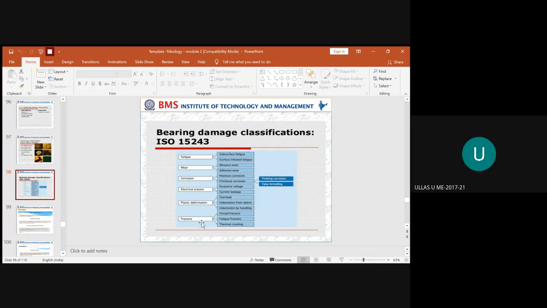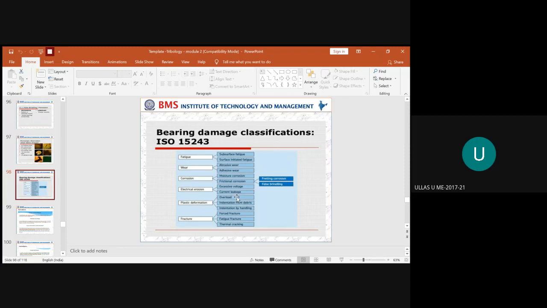And suppose the given bearing has been fractured. Why is it fractured? Is it due to a forced type of fracture, or fatigue, or thermal cracking? If you are using the material at a very high temperature, and that material is not capable of withstanding the temperature in which annealing or any type of temperature treatment is carried out, then it results in thermal cracking. So you should be very keen on why this type of damage is being caused, for what reason, and do a proper analysis on it, identify and provide a solution.